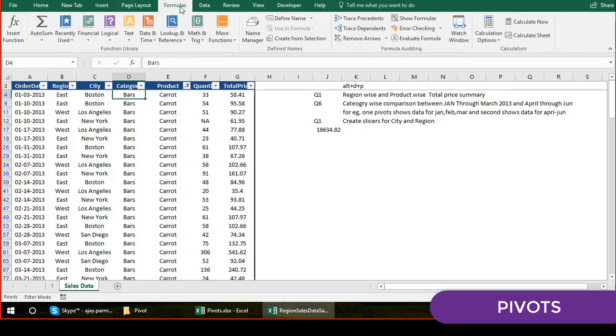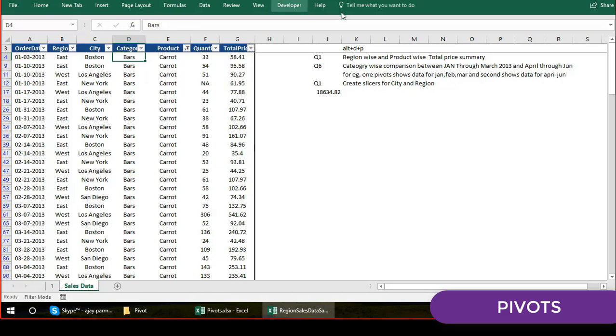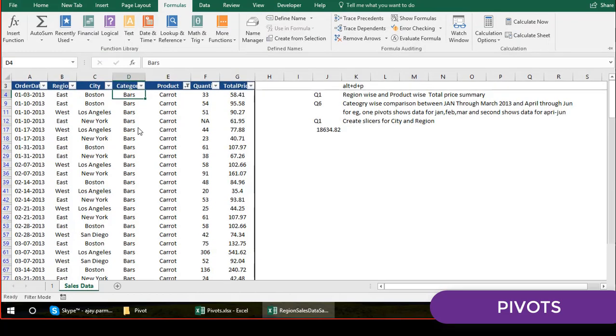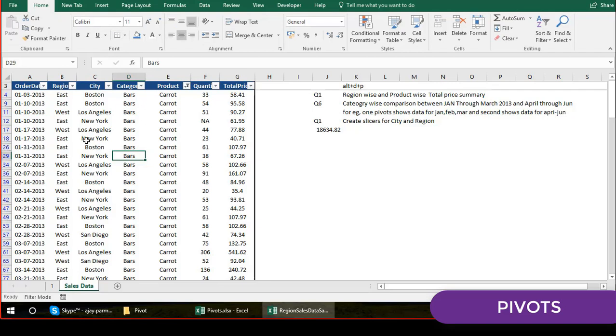In Excel 2003, you had Excel without any ribbons. When you clicked on File and when you clicked on Home, a drop-down used to come. And there was no good help on the formatting piece. Like in this case, you saw the pivot table designs are there, the chart designs are there, so many good designs. But guys, in 2003 it was never that. You had to take the help of manual colors, right? So that was a drastic change. So why I'm telling you this is because Alt DP is the shortcut key.